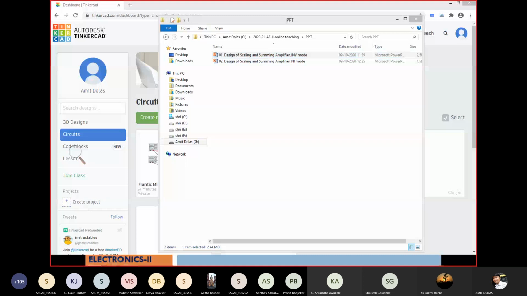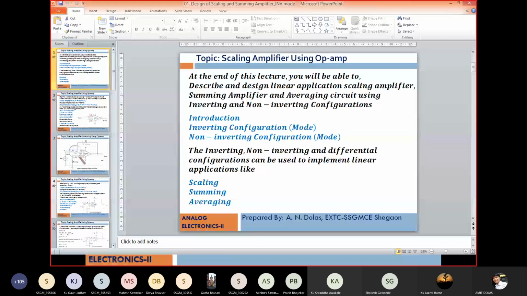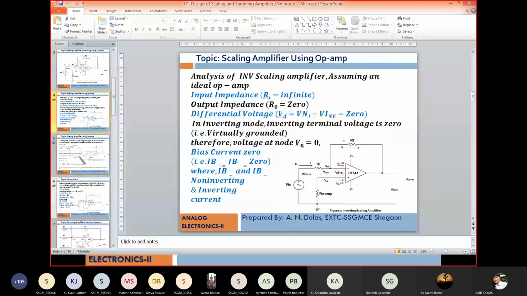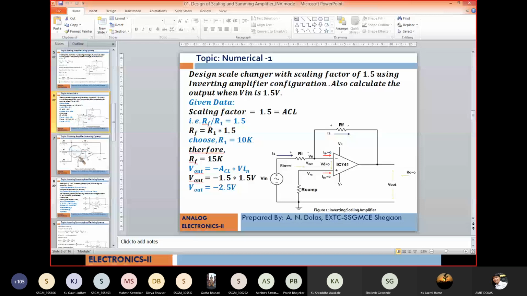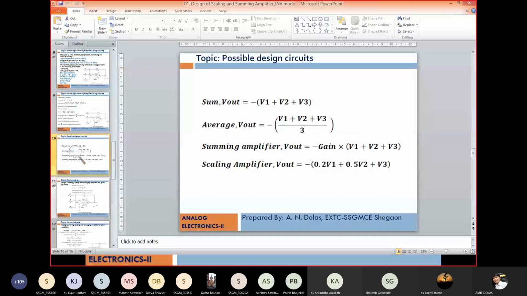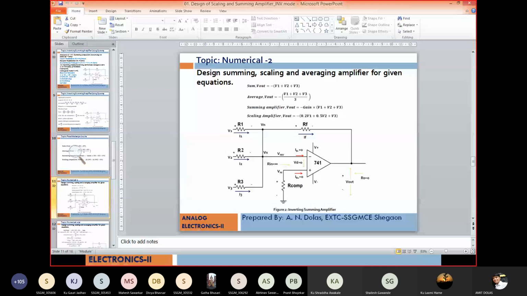And a similar circuit will be implemented in Tinkercad. Let's see one of the numericals. This is very simple. So we'll go for this equation,